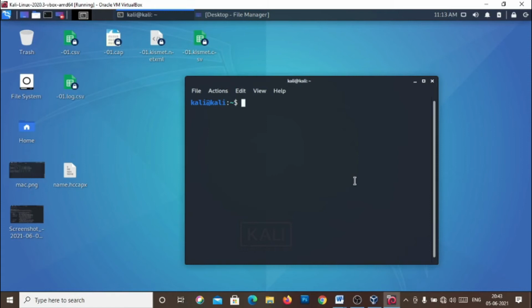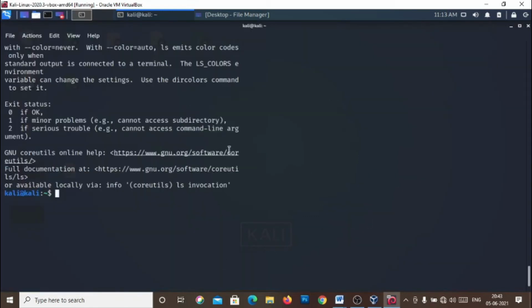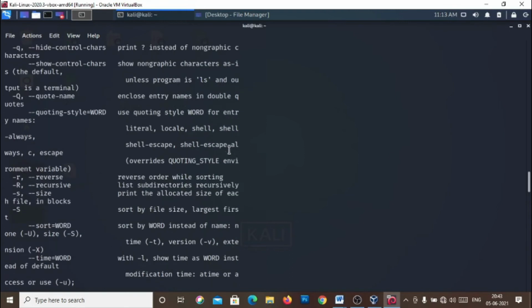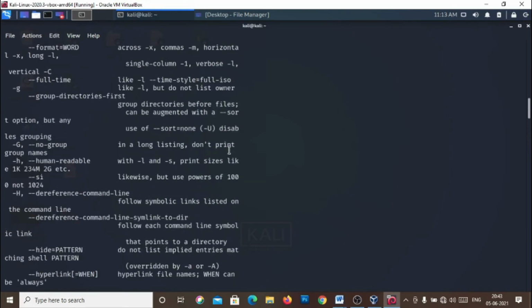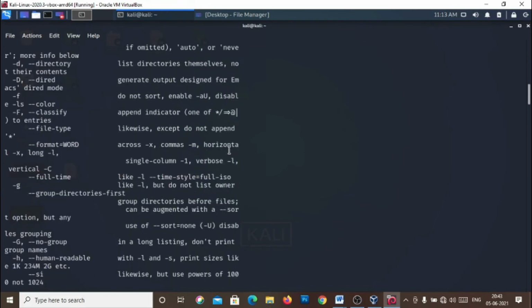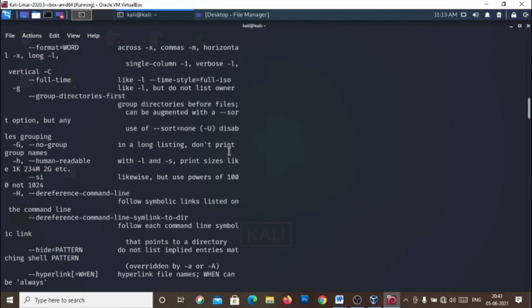Let's run the ls command with help. ls double dash help. This command will show the detailed information. You can see the arguments, options and parameters. You can use them when needed. They all are here.